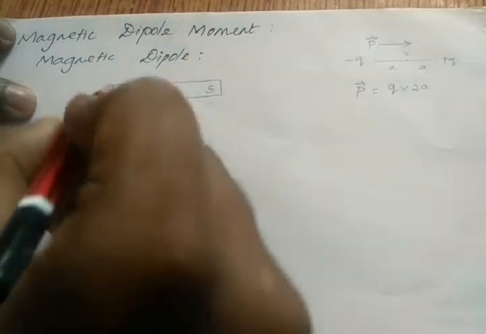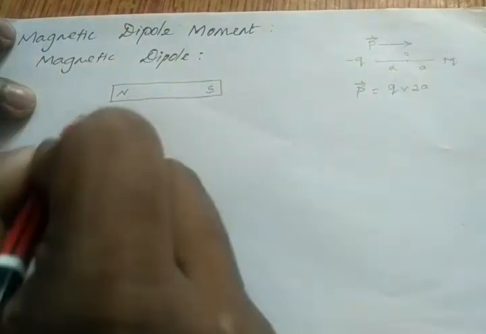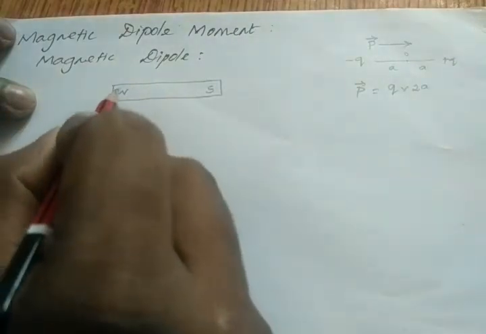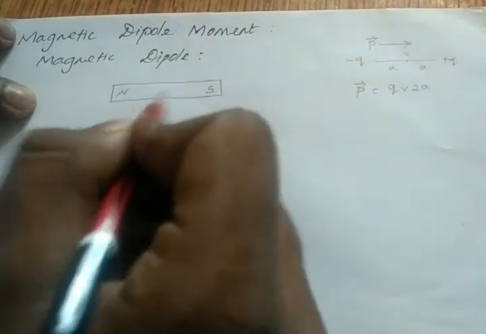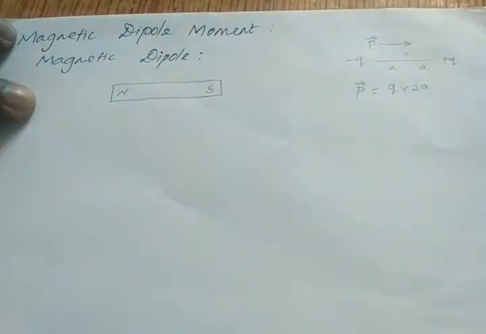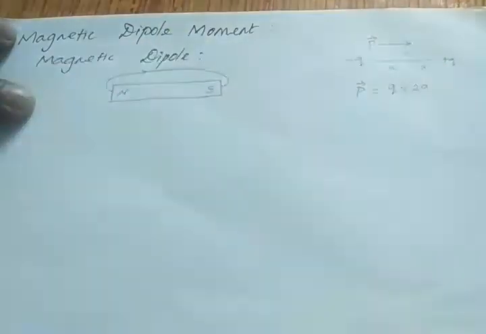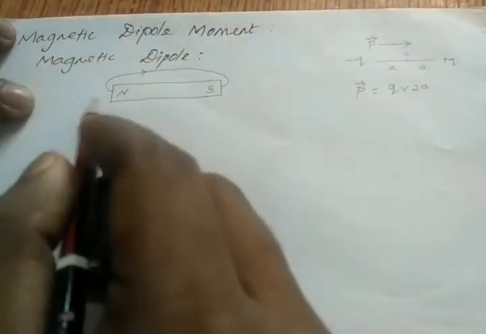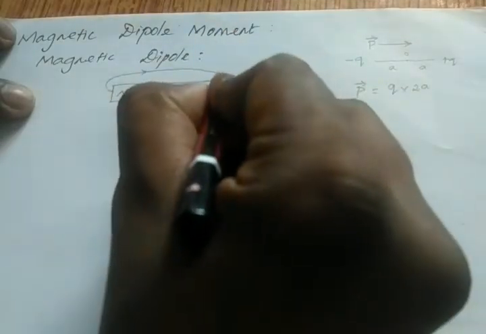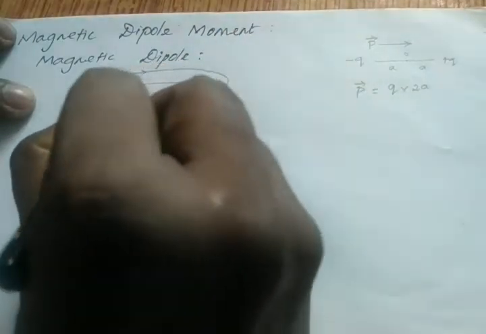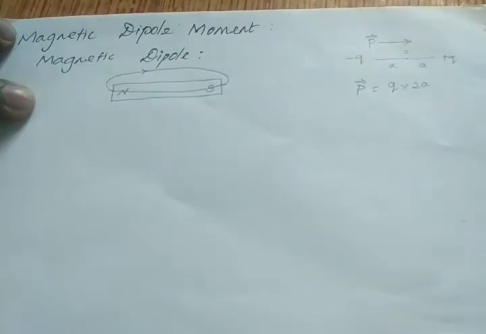So here, magnetic field lines start from north to south and form a closed loop. Closed loop means, see, this is a magnetic field line. It goes from north to south. This is not a closed loop; here the loop is open. A closed loop means the loop is completely closed where it starts. So this is a closed loop.